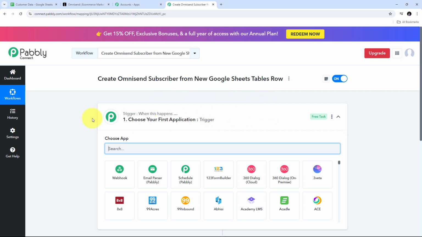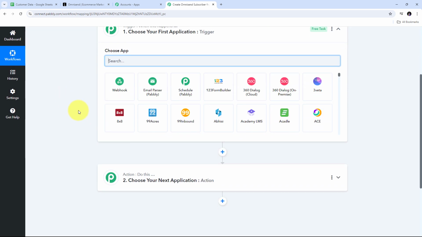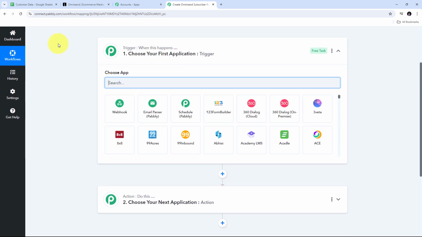And this will take us to this most important window of our workflow. In this window, we have two boxes, trigger and action. So these are the two main principles on which our workflow works. Trigger says when this happens, action says do this. So trigger is going to be the first step that will get executed in our workflow, and action is just